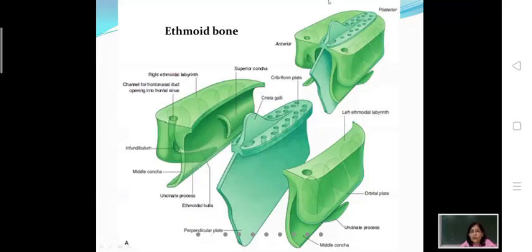So this is a schematic picture. So this is an ethmoid bone. This ethmoid bone has a horizontal plate which you could easily make out. This is the cribriform plate of ethmoid, which was forming the roof of the nasal cavity. It has a lot of tiny openings by which the olfactory nerves from the nasal cavity enter the brain. These are for the passage of olfactory nerves from the nasal cavity to the cranial fossa.